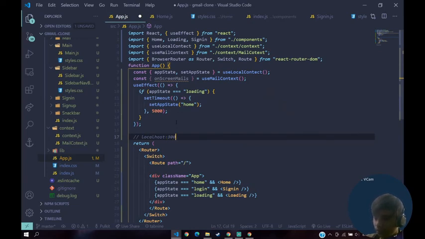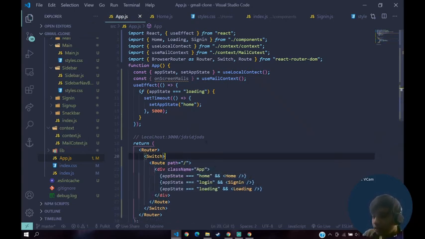Whenever it is this link, then it will display this app, the main application. Whenever the link changes to something outside of this, it won't display this. It will basically show an error page, right? So this is what this slash means.